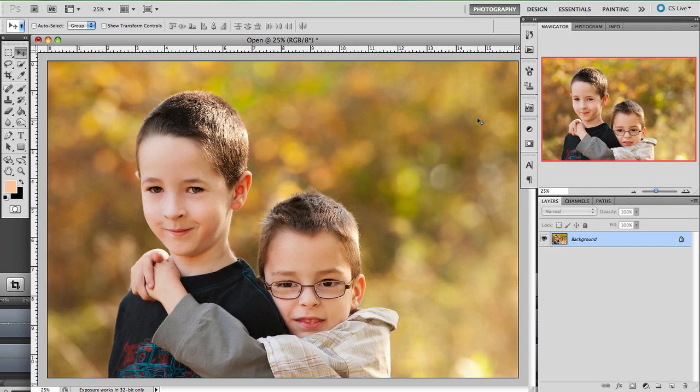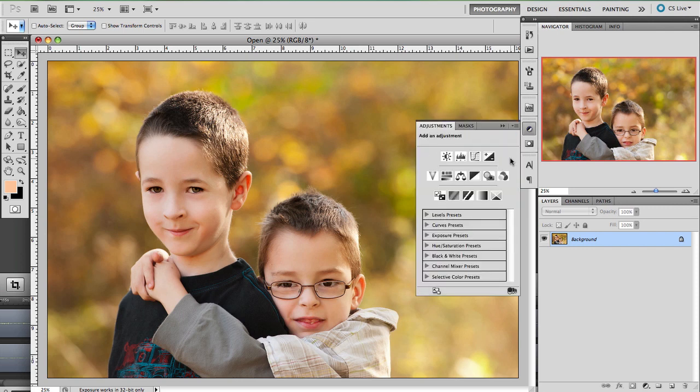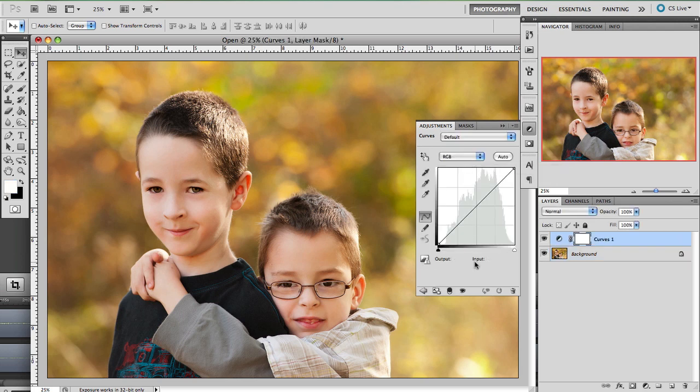Today I want to talk a little bit about curves. Last time we talked about the levels adjustment, and this time I'd like to go over curves. So we're going to come in here to our adjustments, and this time we're going to find the curves icon. It looks like an S over a graph, and what you'll notice again is it brings up something similar